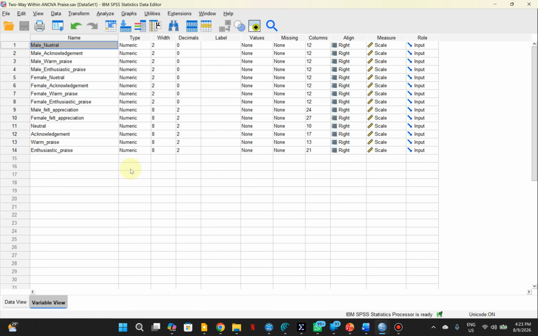Now, to run the analysis, normally, you would go to analyze. But before I start with the analysis, this is how the data is structured. We combine the sex, so we place the sex on the left. So when a male gives neutral praise, what is the felt appreciation? When a male gives acknowledgement, what is the felt appreciation? Another way this data could have been structured is if the praise is neutral and is coming from a male, what's the felt appreciation? If the praise type is